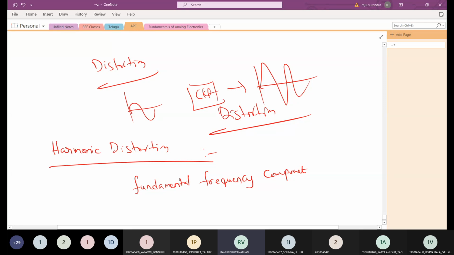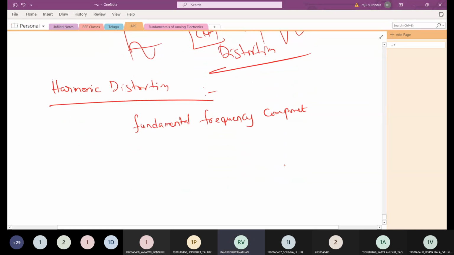Not only the fundamental, but some additional frequency components are also present in the output signal, which are integer multiples of the fundamental frequency component. For example, let us say